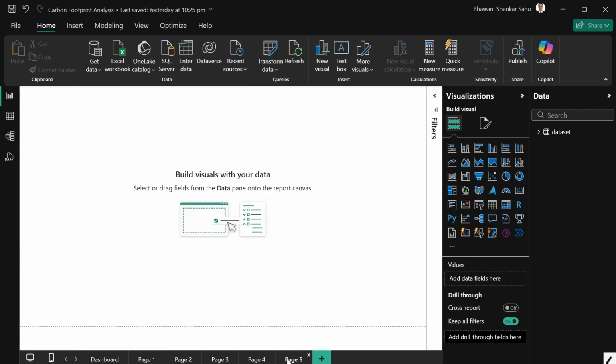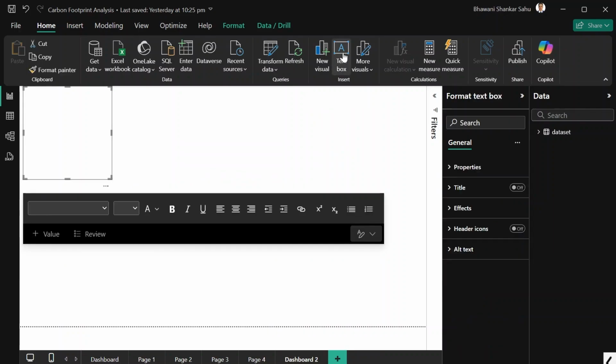So you can create a new canvas. If you want, you can just rename it to dashboard. I'll just rename it to dashboard 2. And then it's always good to give a heading or title, right? So what I can do is insert a text box. Here I can write carbon footprint analysis,